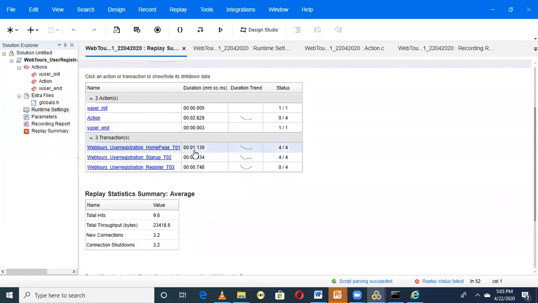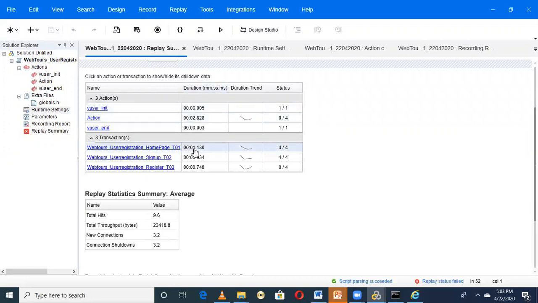If you observe here, webtours user registration T01 is the transaction time that this particular home page has taken after clicking the enter button. It is 1.1 seconds, shown as the duration in minutes, seconds and milliseconds.